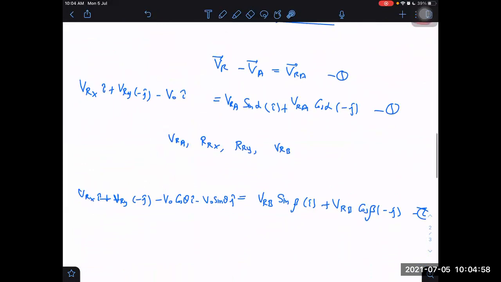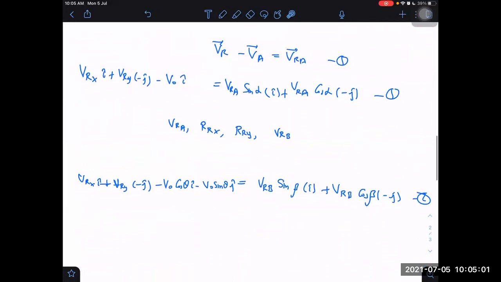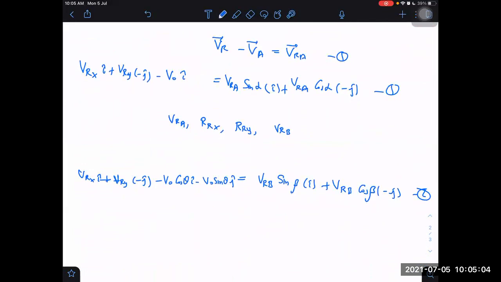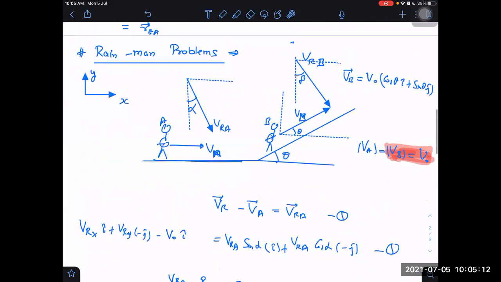So one more thing here we have to be careful about. Only one problem is there in this question. The problem is actually we don't know about alpha and beta also. You think we know alpha and beta, but we don't. Why? Because in the question they will not give you the diagrams, and it would become so easy if diagrams were already given. They will just give the statement: man is walking horizontally with speed v0, and to him rain appears to be making an angle alpha with the vertical. Man starts walking on the incline with the same speed. For him, the rain appears to be making an angle beta with vertical. But what is the problem? Which side beta? This side or that side? We don't know. Then I'm taking both as positive.